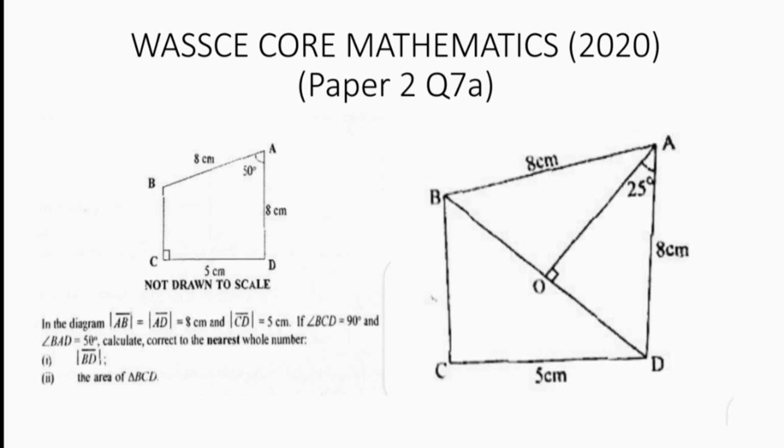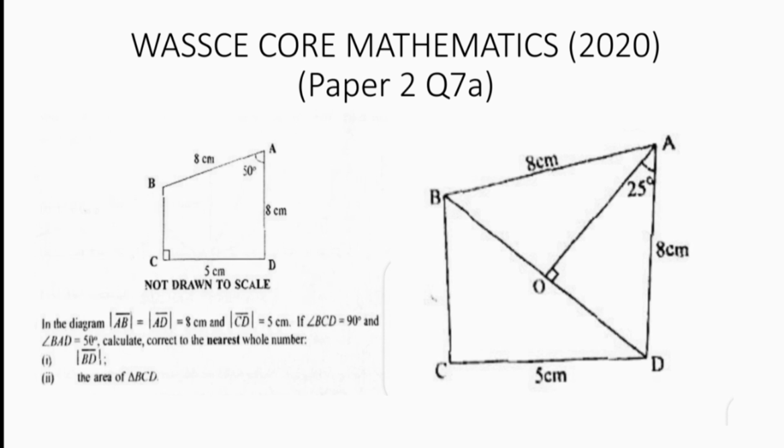Now we know angle OAD, we know line AD, so we can find line OD. Since line OD and line OB are equal, they are of equal length, we then multiply our result by 2 and get the length of BD. Alternatively,